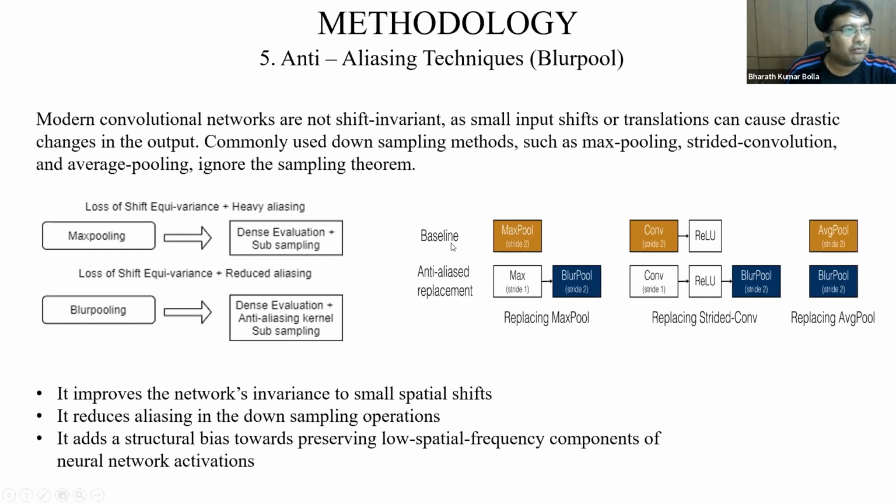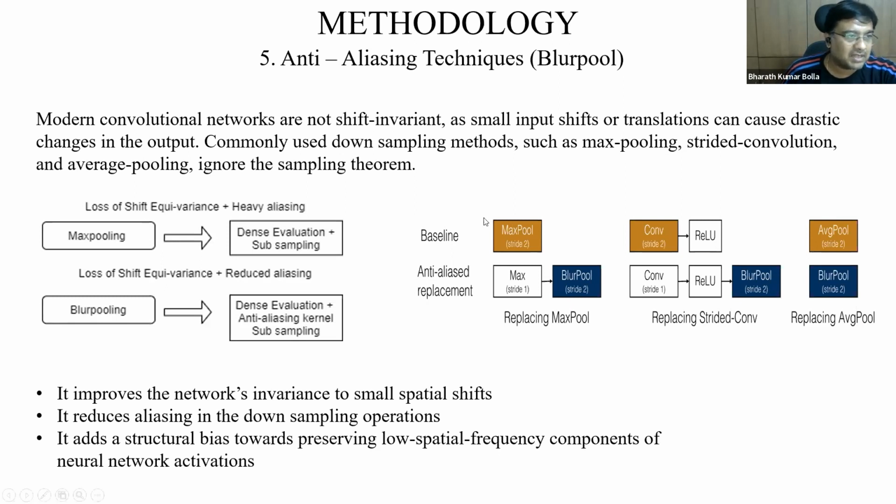We all heard of Maxpool, right? What does Maxpool do? Maxpool is shift invariant, and it also helps you reduce the channel size so that you can reach the depth of the network very fast, right? So it helps in reducing the channel size, and it reduces the number of parameters required for a convolution neural network.